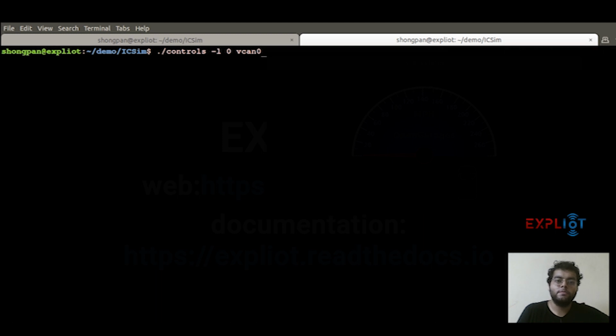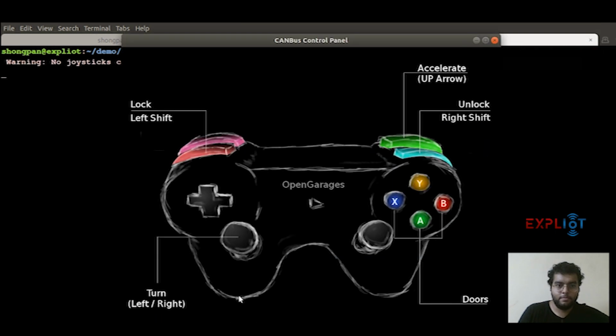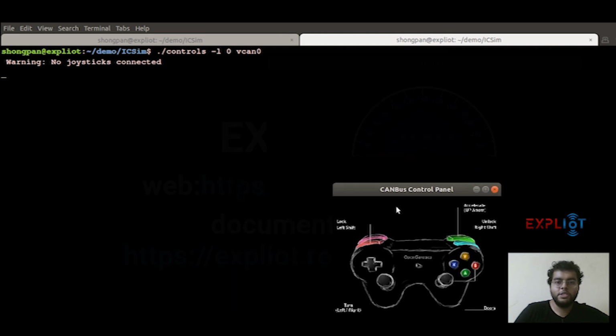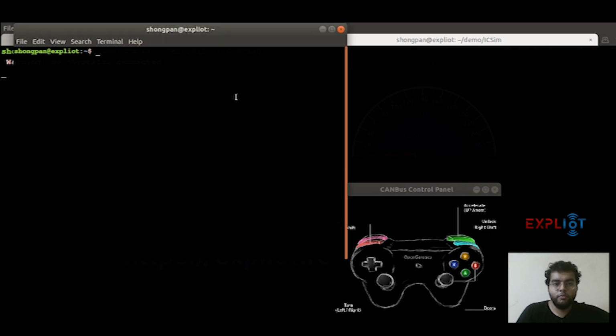So for you to understand better, I'm lowering down the level to 0, which basically means all the messages on the CAN bus will reduce and the randomness of the CAN bus would also reduce. So that would make things a little easier for us to understand. Now let me just quickly arrange the setup for you so that it would be easy for you to visualize all this as well.